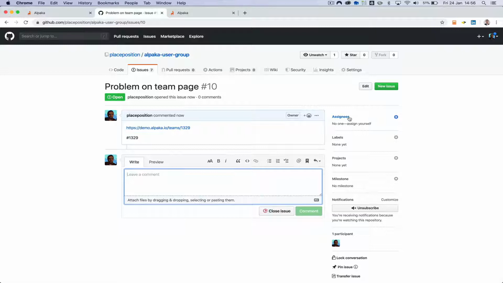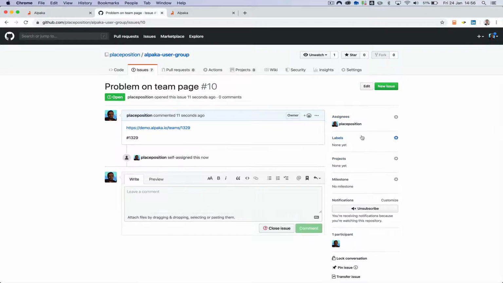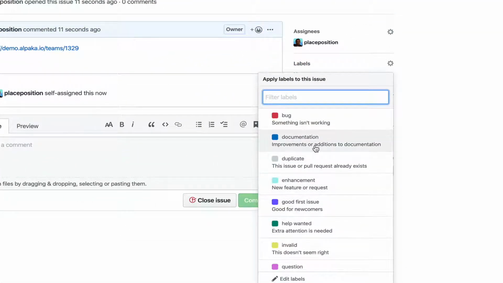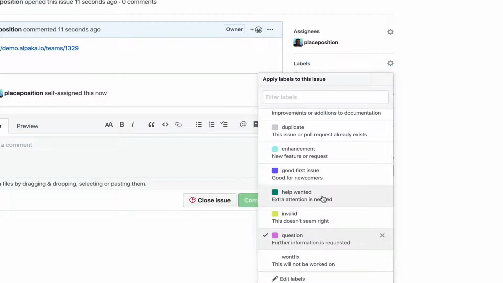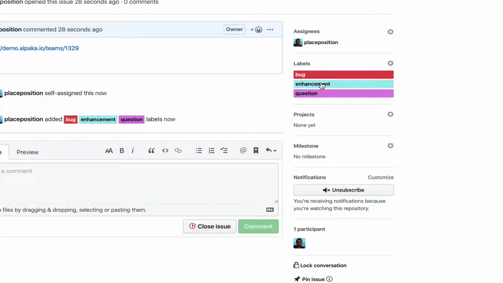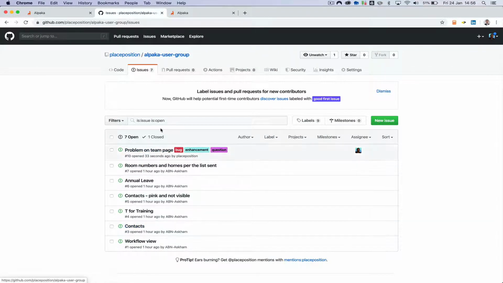One other thing that's of use is to be able to assign this to me, meaning it's my problem to solve now. And you can label it with this core set of labels that GitHub provide. I think they are everything that we need at present for you to say that I believe this is a bug, or this is a question, or this is an enhancement request that I've got. And you just simply tick those boxes and the labels are attached. And then looking at the issues list, you'll see that these are in date order, which you can change, but you can see clearly that this is a bug or an enhancement or question right here,